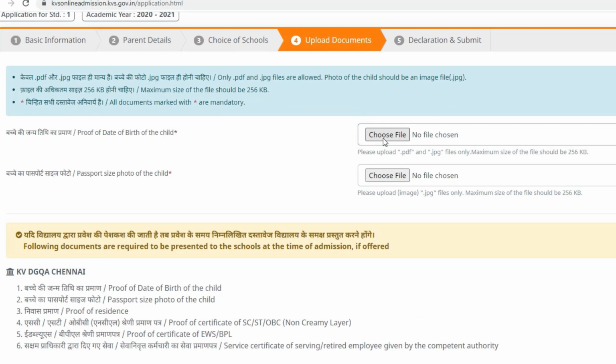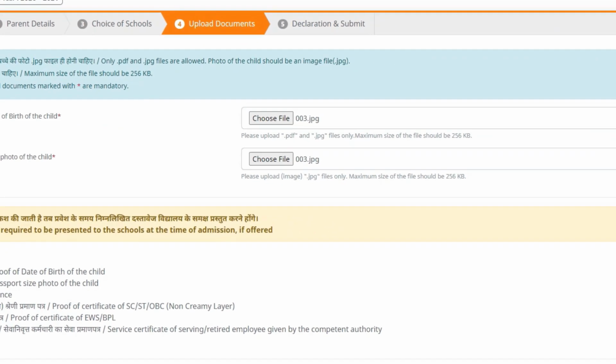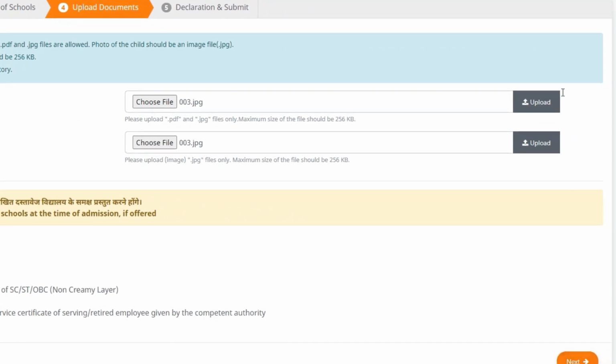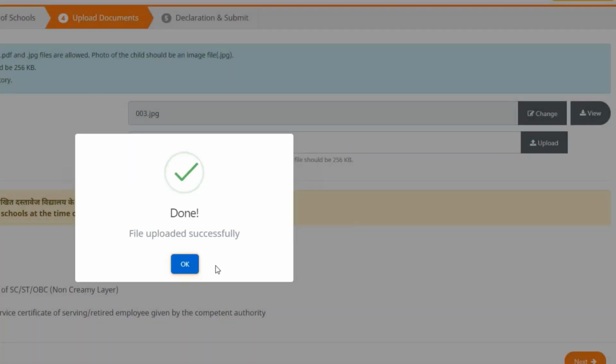It should be less than 256 kilobytes. Accordingly, you can take a scanned copy of the birth certificate. You have to choose the file, and there is an upload column. On the right side you can see it, and you have to click. After clicking, it will show file uploaded successfully. Then done successfully.